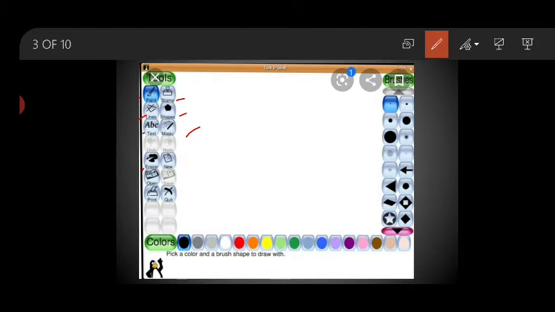Eraser. While drawing or painting, if something is wrong, for erasing that part we can use the Eraser tool. After that, if we want a new paint window, we can click on New. After that, this is the Open tool, this tool is Save, and this tool is Print. For printing whatever drawing, we can use the Print tool.